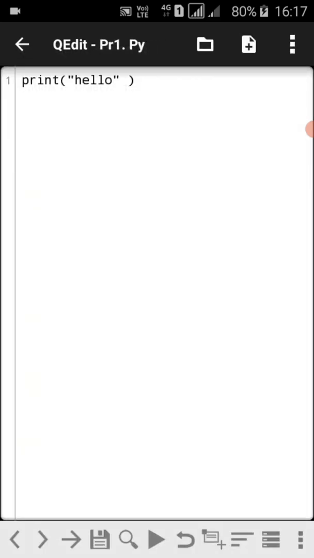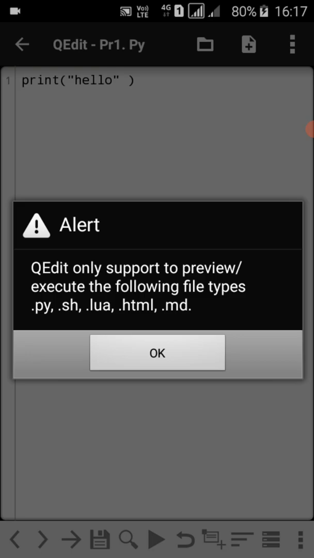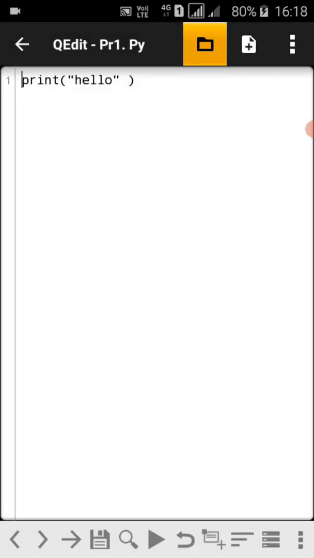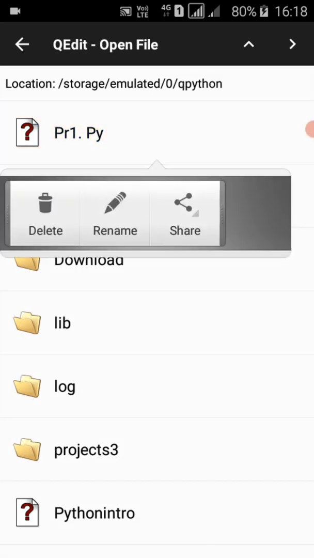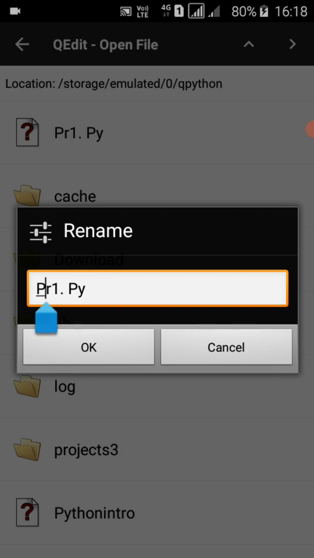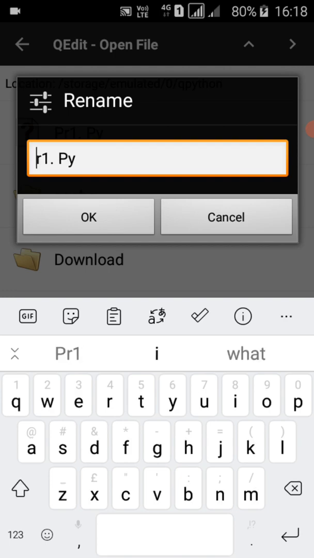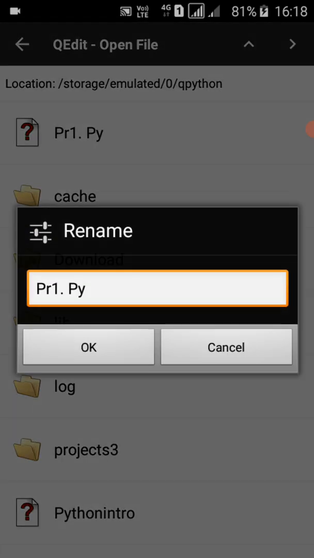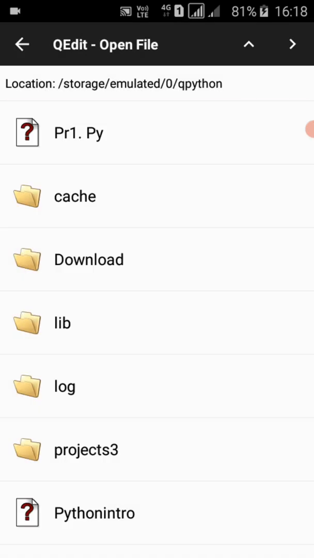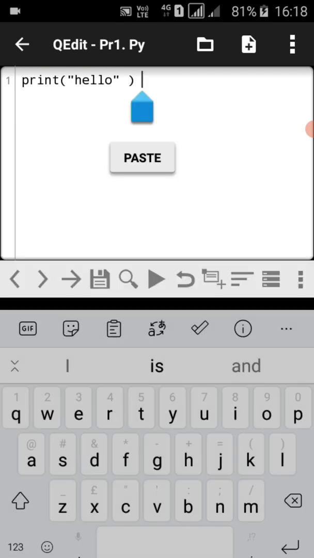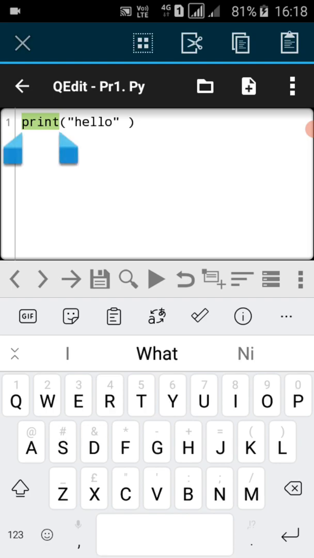Now run with this play button. Save with small letter. Copy this file.